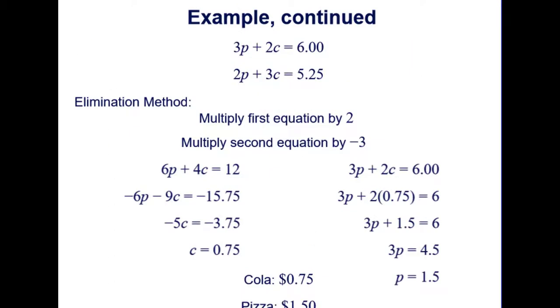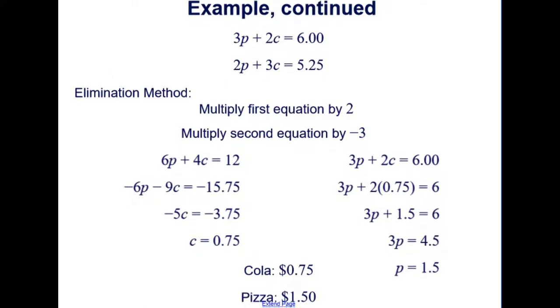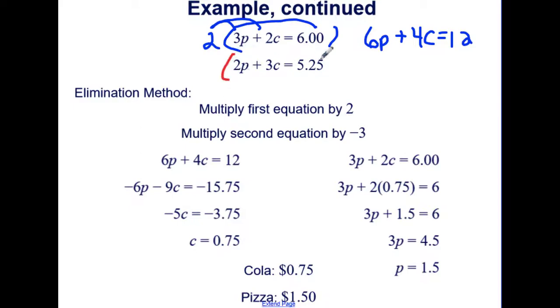We're going to use the elimination method because these are in standard form. These equations are lined up and we can multiply both equations to get common coefficients. So we can multiply the first by 2, changing it to 6p plus 4c equals 12 when we distribute through. And we can multiply the second equation by